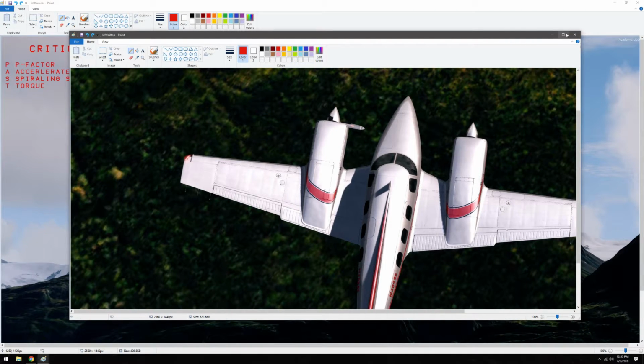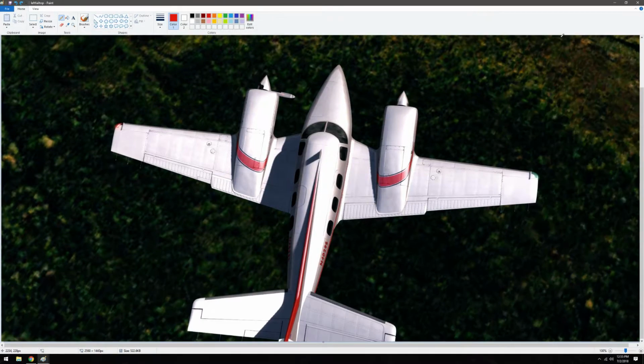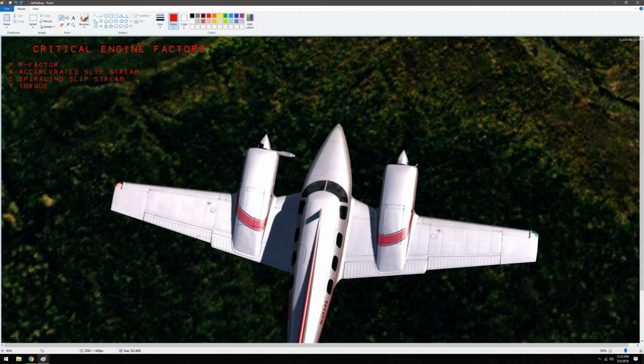So let's get right to it. All right, so spiraling slipstream. Once again, this goes back to that asymmetric disc loading or asymmetric propeller loading. And so what's happening here is,